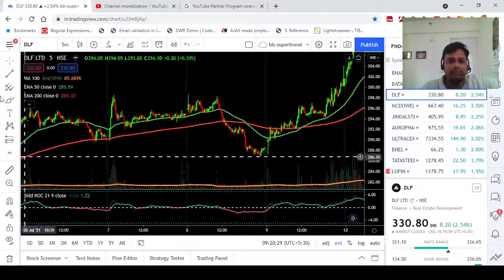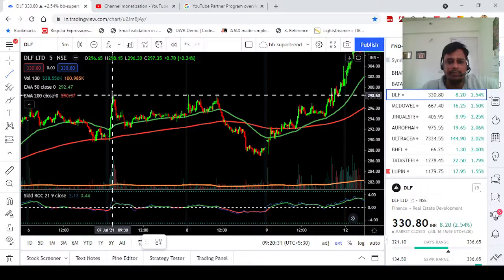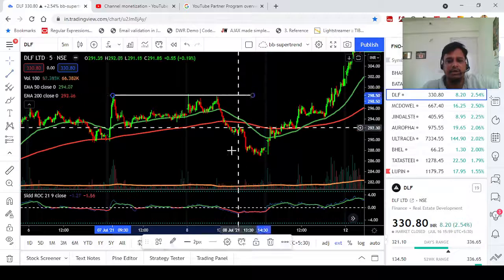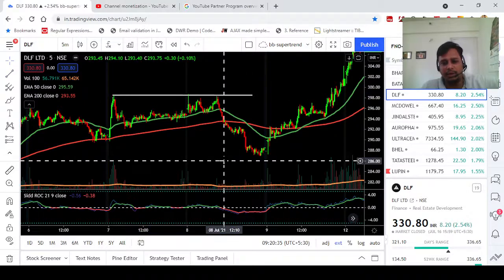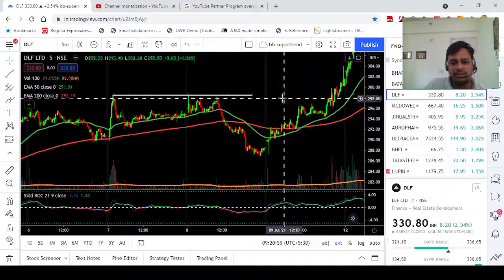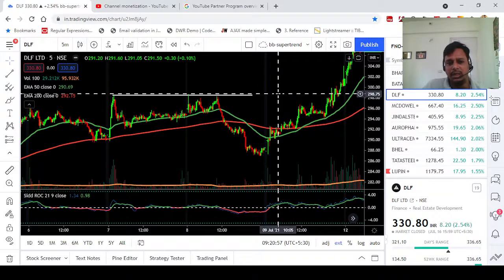And why did it fall? Because there was a triple top formation. When a triple top formation is there, you should be cautious, or when a double top formation is there, you should be cautious, because this is the main reversal pattern, and most of the traders are looking for this kind of pattern to book their profits or make the opposite trades. Okay, and their stop loss is just 1% from above the triple top and double bottom formation.